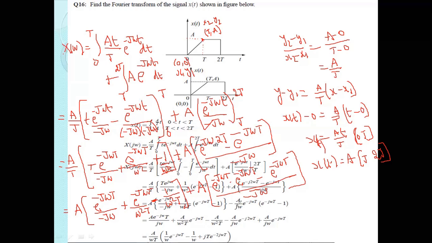Then a into e power, take the e power minus j omega t common here, a by minus j omega into e power minus j omega t can be taken as common, another e power minus j omega t minus 1. Got it, my students, in these two functions. And here also you can simplify. Finally, we'll get